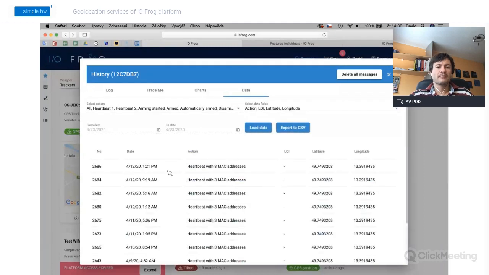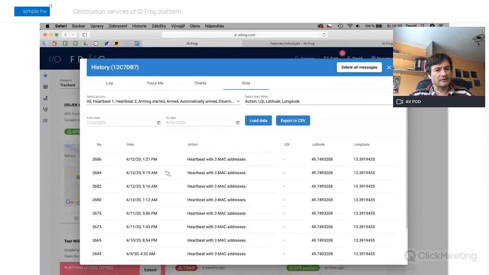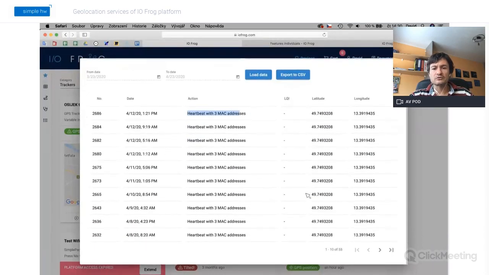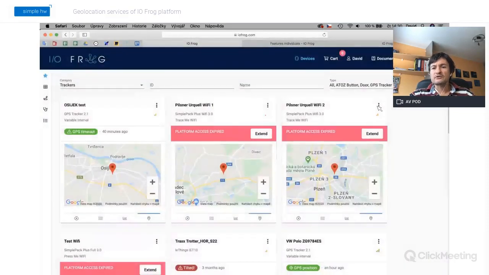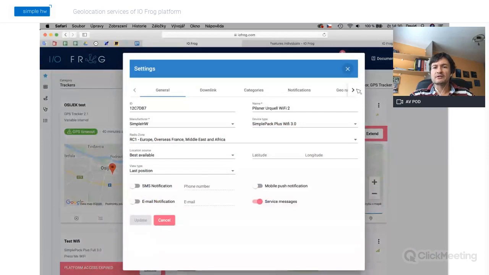And here we go. You see that this device was sending these messages with latitude, longitude. There was no signal quality indicator. You can page, and you can export all the data, and then you can analyze it for errors. Or second option, how to get data